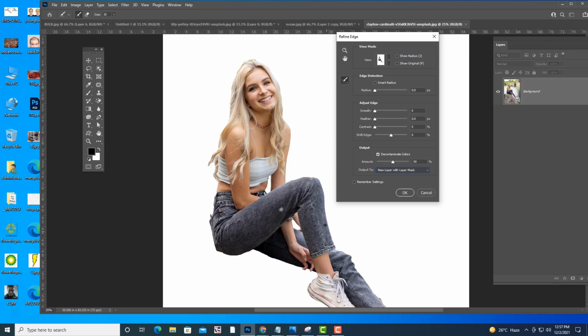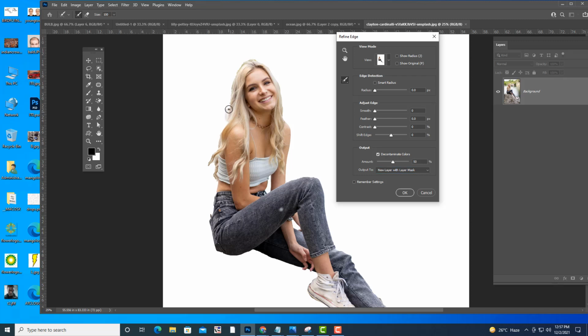Other things are okay, only hair should be realistic. So see, this is like a brush tool. I can just select this border area. That's it. See, simply how I am going to select.